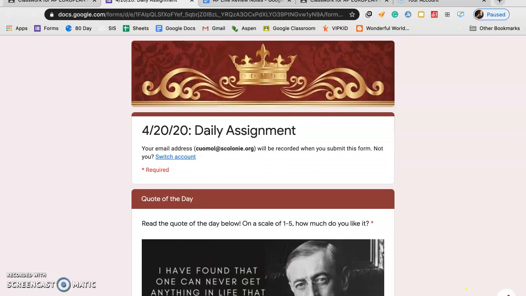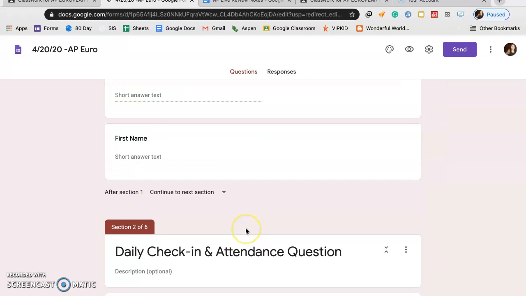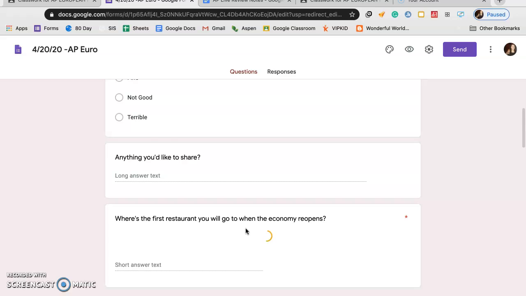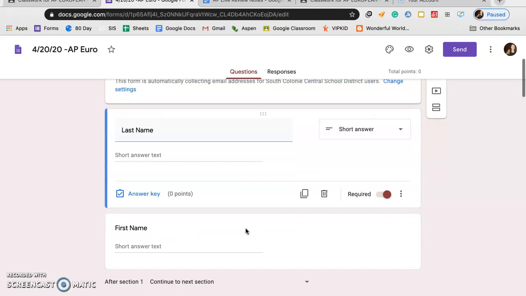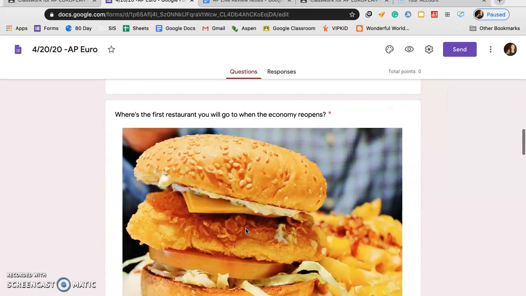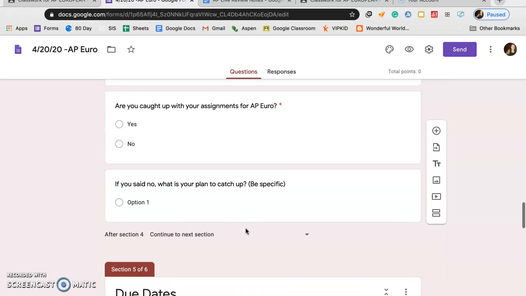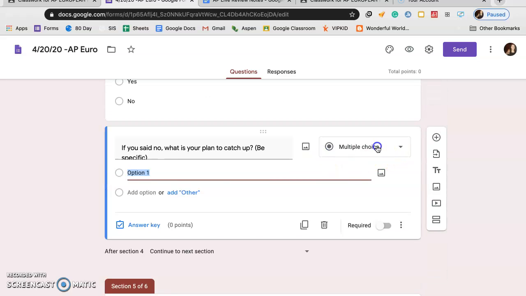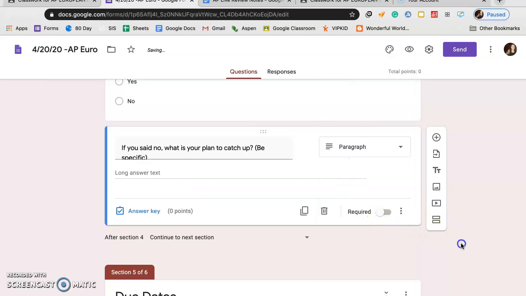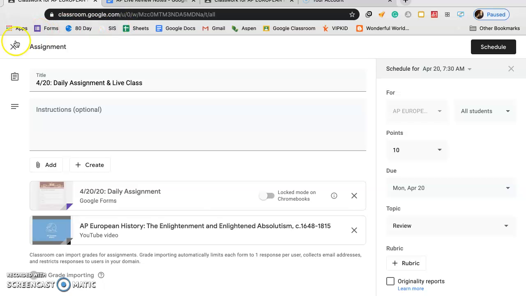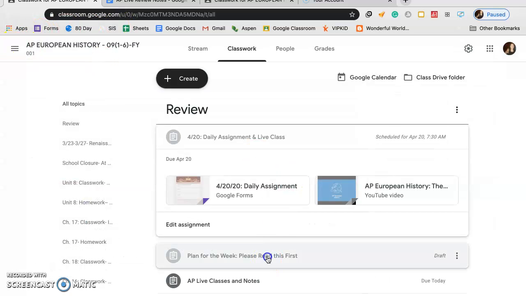So not much is changing there, except you're not having much work in the daily assignment other than letting me know where you are with your work. So you still get credit for doing those assignments. Make sure you're doing them because they're the most simple assignments you can do. You might as well get a point for it, right? Let me just change this question while we're here. Great. All right. The other thing you see on our schedule here, so let's go back to the schedule for the week,